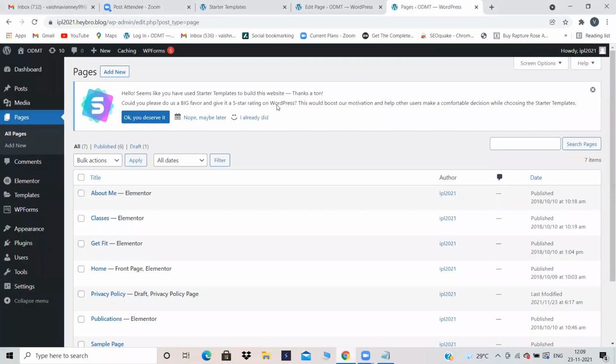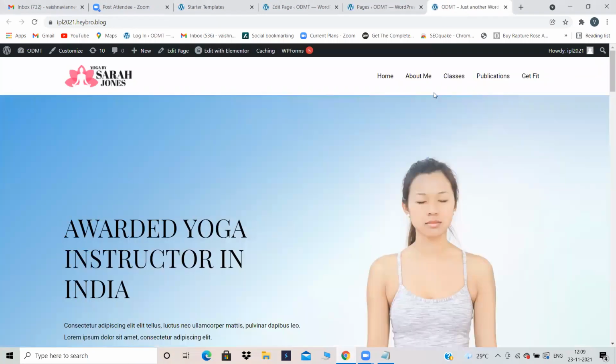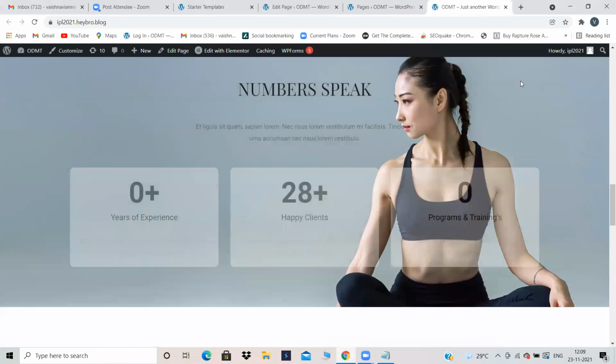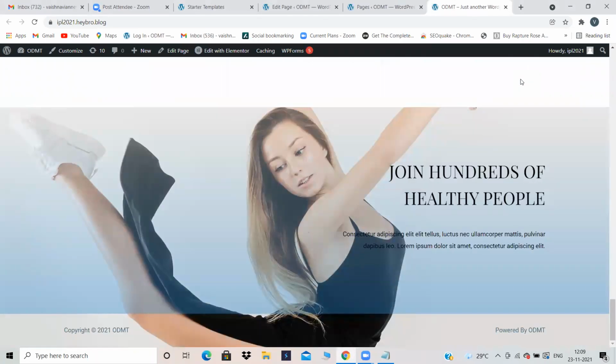Okay. Now all the pages you can edit by yourself. Just open your website in a new tab, click on that particular page and click on edit with Elementor and completely you can edit with yourself. Now I just open it in a new tab. See here by default how many pages this particular theme is providing us. 1, 2, 3, 4 and 5. Only 5 pages this particular theme they are providing us.